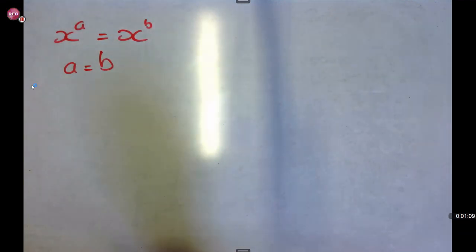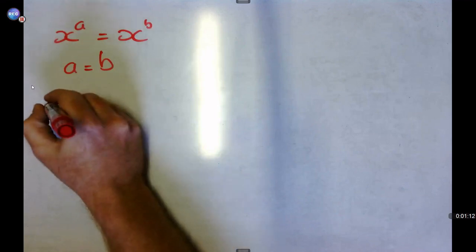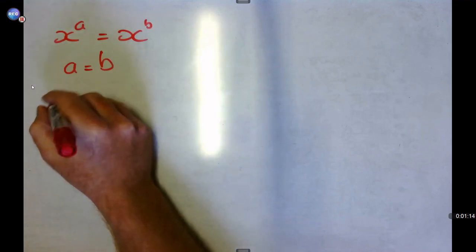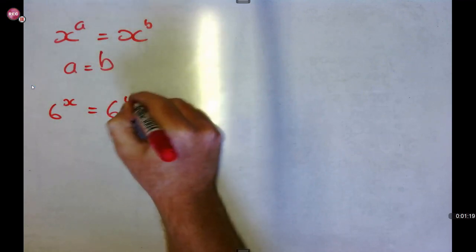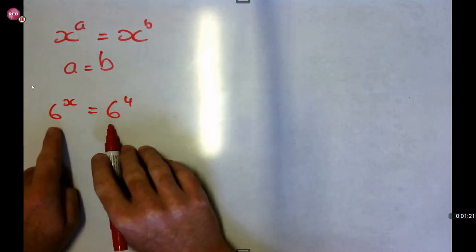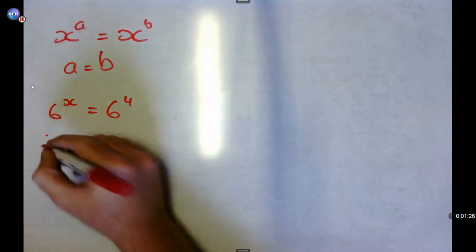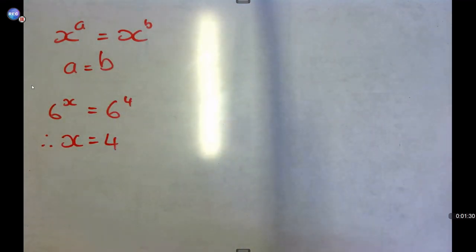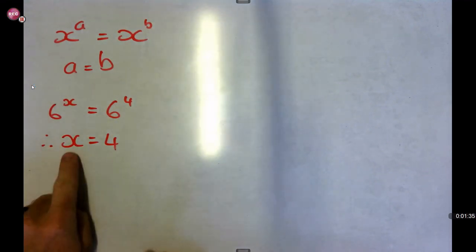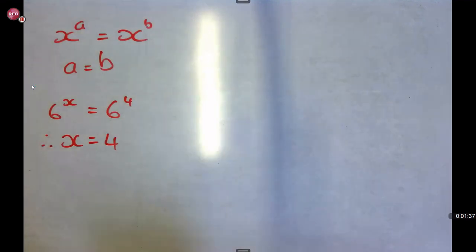Okay, so the first one, an easy one, we'll have 6 to the power of x equals 6 to the power of 4. Obviously you'll see that the bases are the same already, so the only thing that we now do is drop the bases, and therefore our final answer would be x is equal to 4. Remember, at the end of the day, because it's an equation, you are looking for the value of the variable. In this case it is x, in other cases it could be any letter of the alphabet.